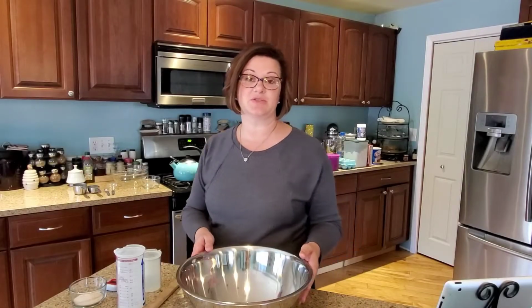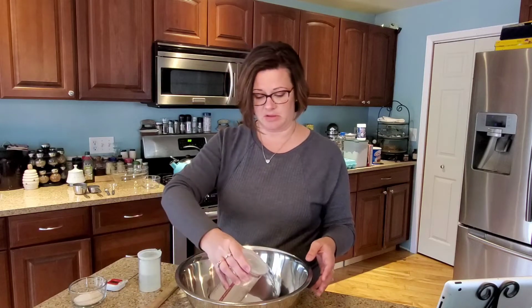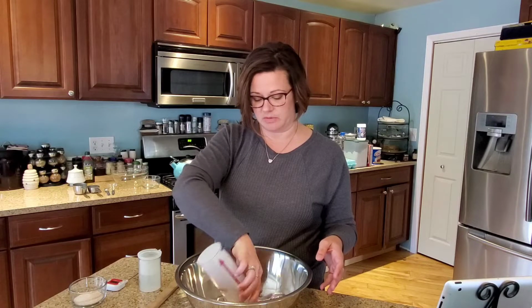So the first thing I'm going to do is dissolve my yeast in lukewarm water. Anytime my recipe says lukewarm water, I usually just go for 110 degrees, but you can go anywhere from 95 degrees up to 110. And the best way to measure that is if you have a digital thermometer. If you don't have a digital thermometer, it's going to be warm to the touch, but it's not going to burn your skin. So we have the water going into the bowl,